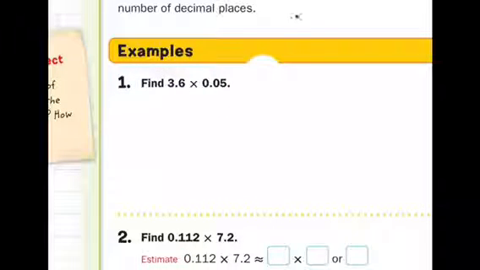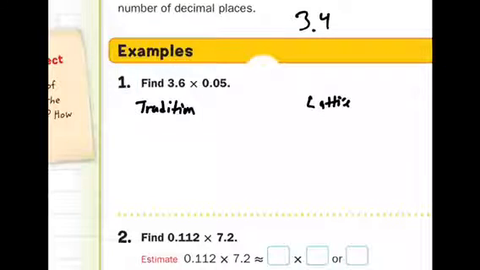Hey guys, this is lesson 3.4 and we are multiplying decimals times decimal numbers. So I'm going to go over example 1 with you and I'm going to go over the traditional and the lattice way. So you watch however you do it. I'll show you both. So in the traditional way, for 3.6 times 0.05, I actually just multiply 36 times 5